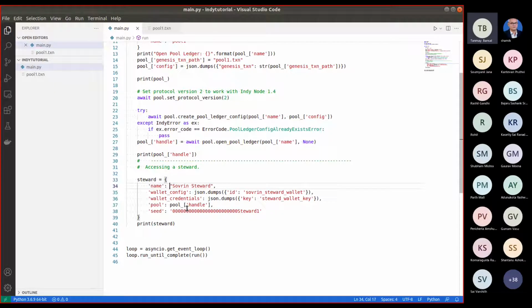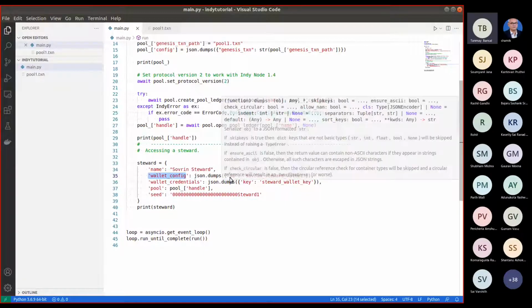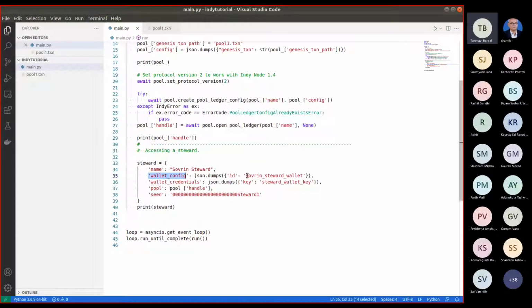So this is a dictionary. We are stating that the name of the steward is sovereign steward, and this is a wallet config. We are just specifying that we will be saving everything in the same wallet, basically that is the memory. We are specifying that the wallet has this ID, sovereign steward wallet. It can be anything, it is just a string, and then this key can also be anything.